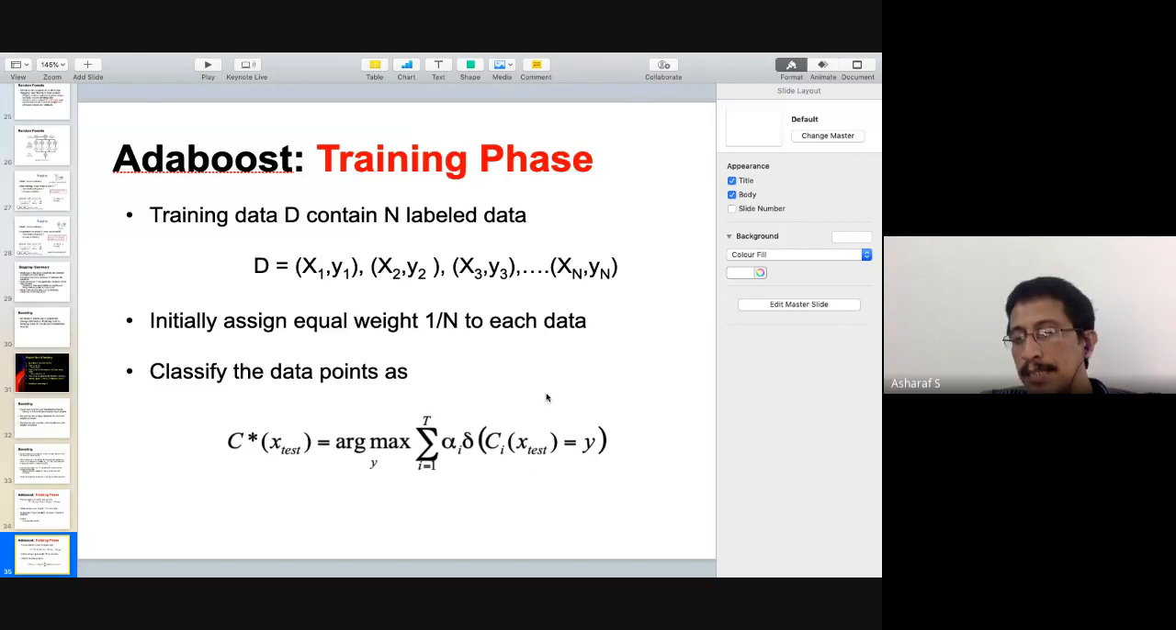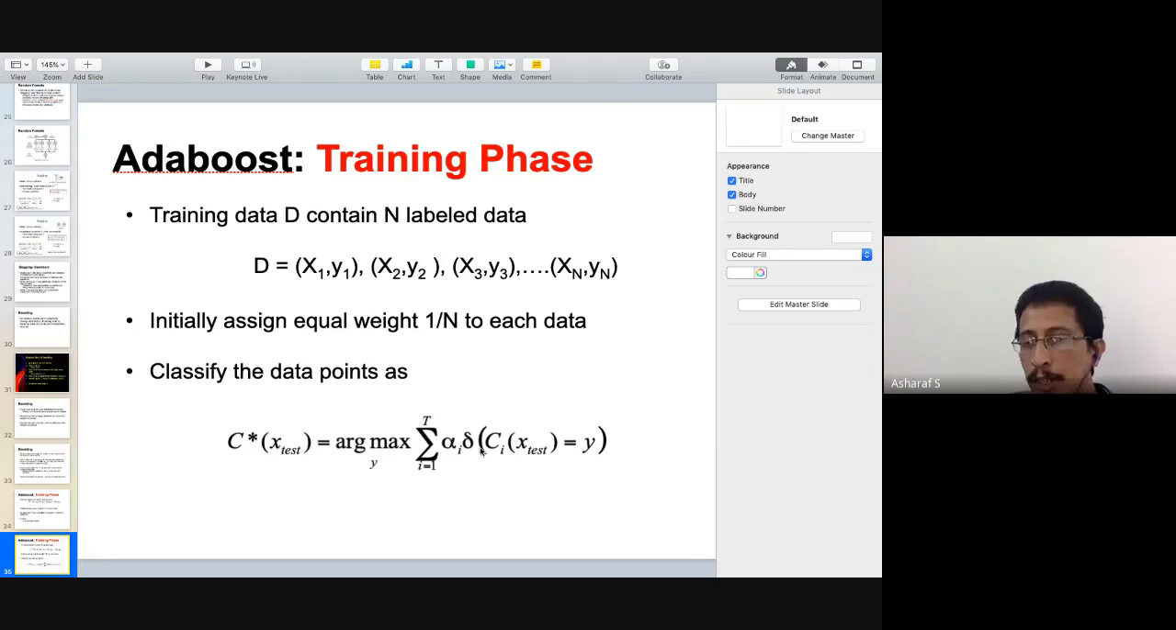And if it matches the label, this is a delta function. If there is a match, which means that the model predicted label and the actual label match, this will be a 1, otherwise it will be a 0. The delta function will be a 0. This is 1 if there is a match, otherwise it is 0. All right. So alpha i is actually a weight associated with the classifier. So alpha i into 1 if there is a match, alpha i into 0 if there is no match,